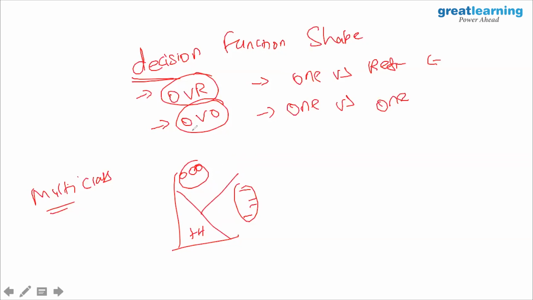The key point to remember, again, is that the distance has to be maximized. The points on the edges are called my support vectors. I am going to use the decision function shape to say whether it should be one versus one or one versus rest. So this is also a parameter that we can control in the support vector machine. Similarly, the degree of polynomial default is 3. I can control this in the parameters I pass to the model also, right? So this, in short, is what I had as theoretical components for support vector machine.